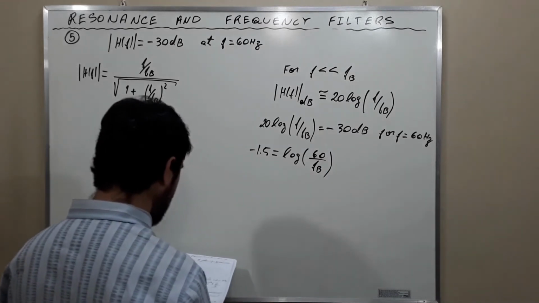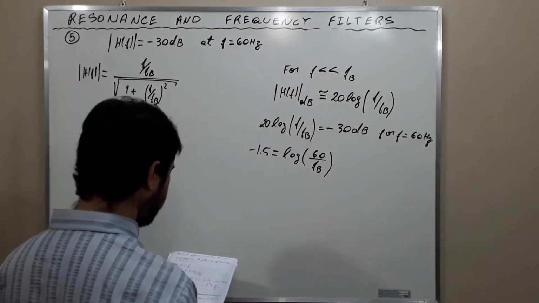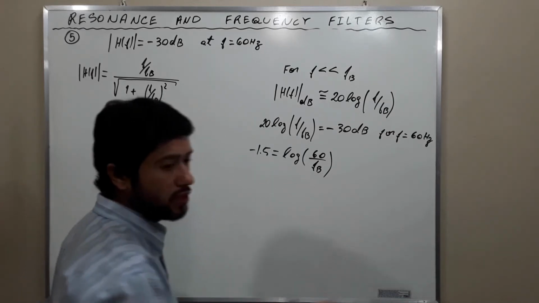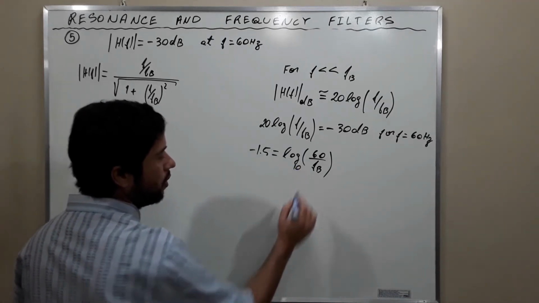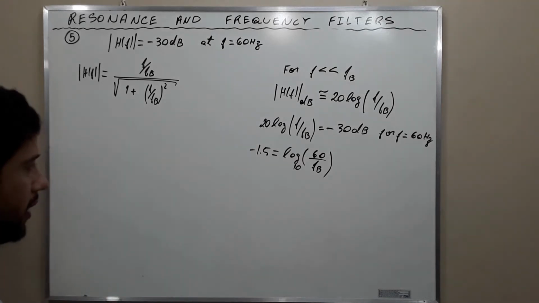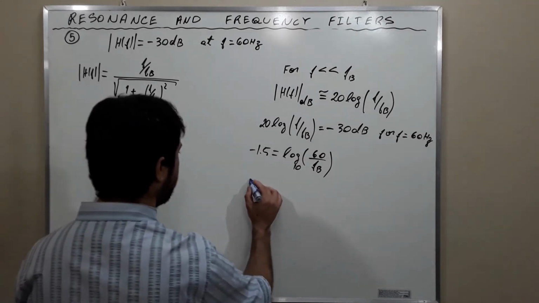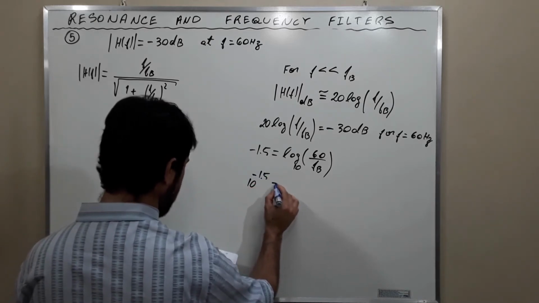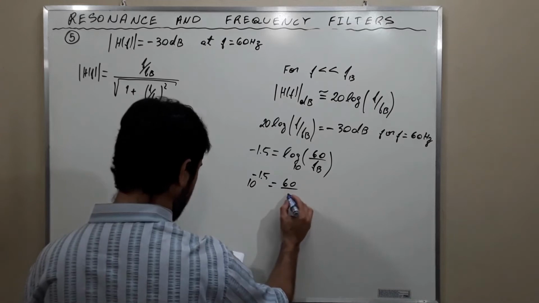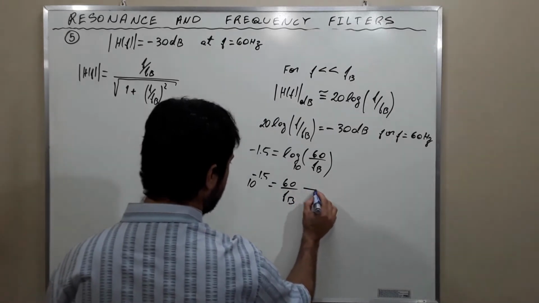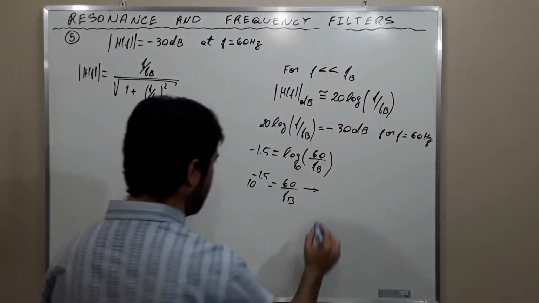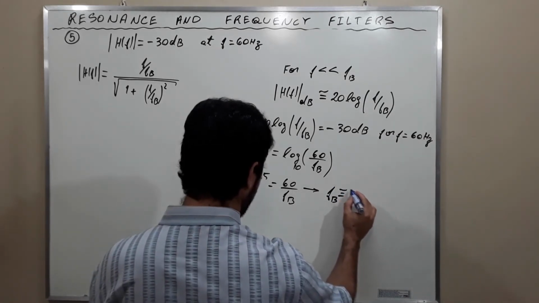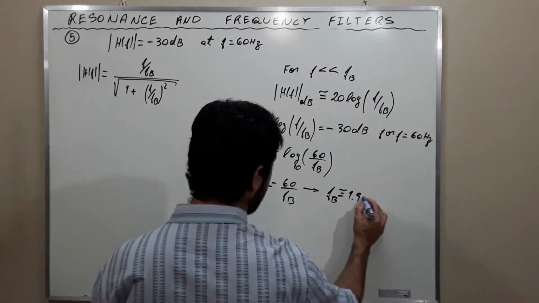Okay? And from this we know that 10, because here it's the logarithm in the base 10, 10 raised to the power of negative 1.5 is equal to 60 over fb, and hence fb is approximately equal to 1.9